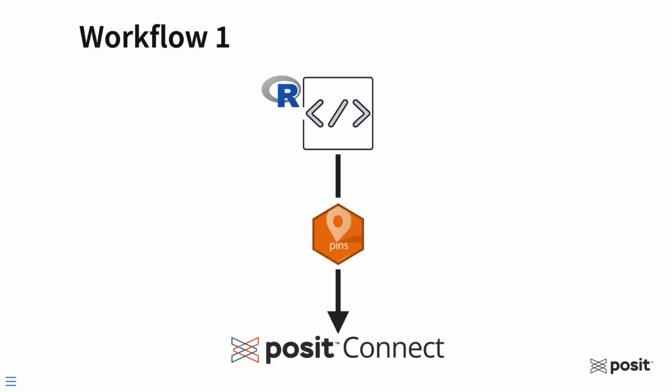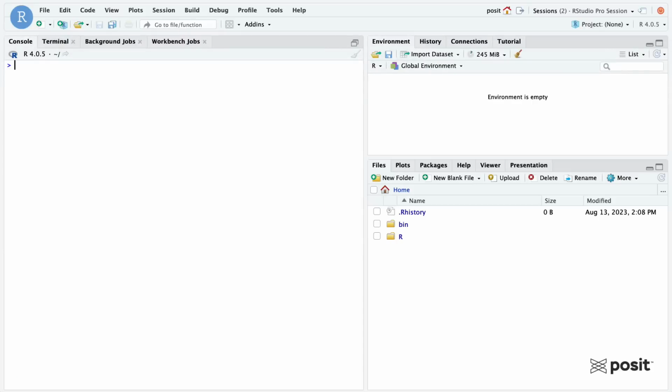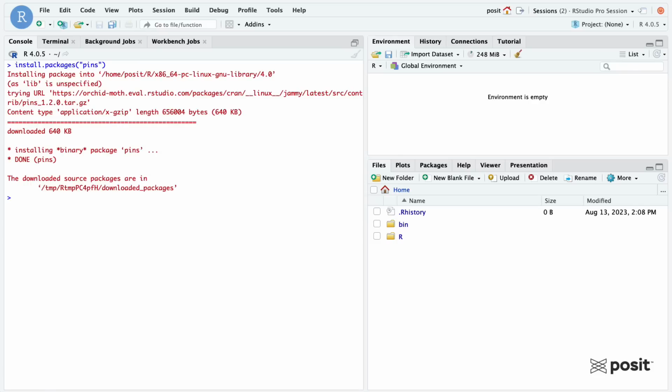All right, so coming back to my RStudio session within Posit Workbench, the first thing we need to do in order to pin an object to Posit Connect is first install and load the pins package. So coming over to my console, I'm going to first install pins. I'm going to hit enter, and I want you to note how fast it goes. It's already done. And that's because I pulled in a pre-built binary, a Linux binary from my instance of Posit Package Manager. So that's one of the advantages of using Package Manager as well.